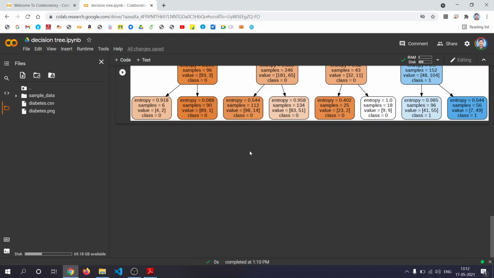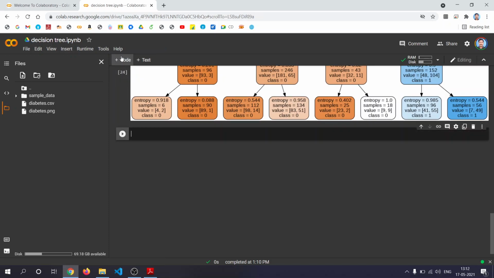Now let's see the same implementation using the iris dataset. So here also we'll write import statements.